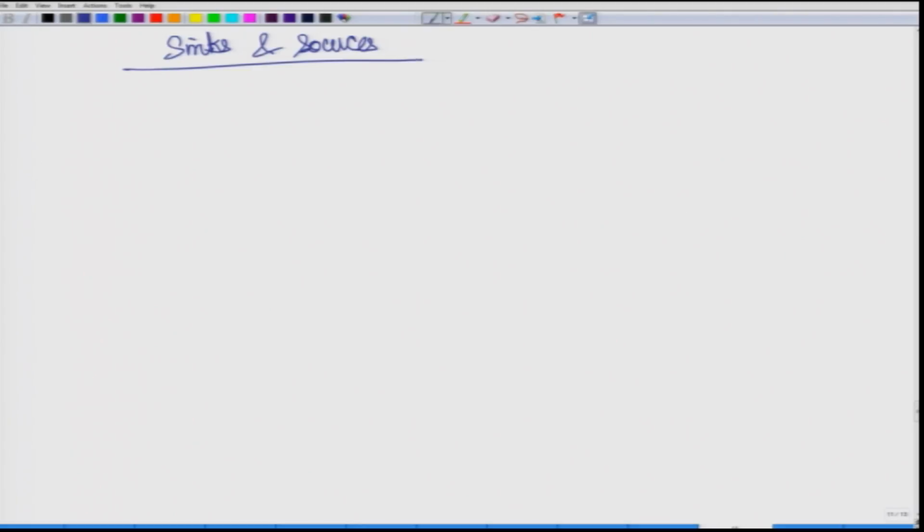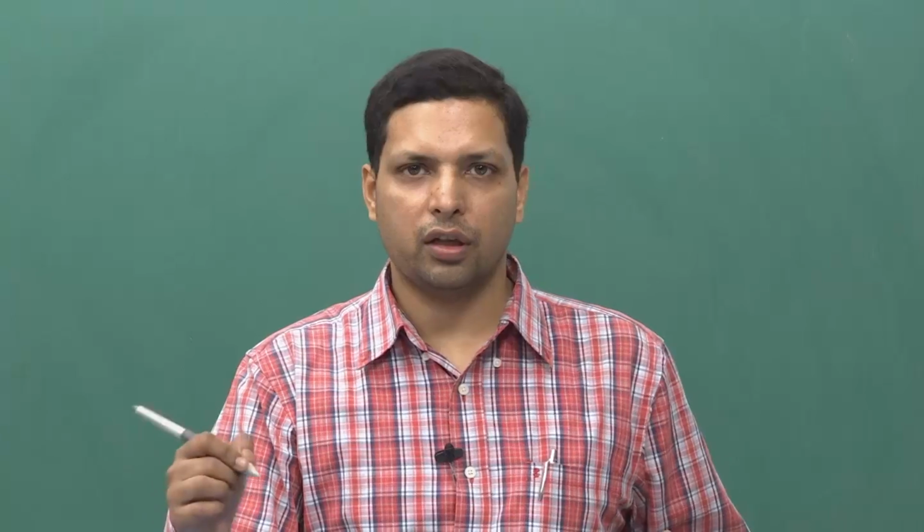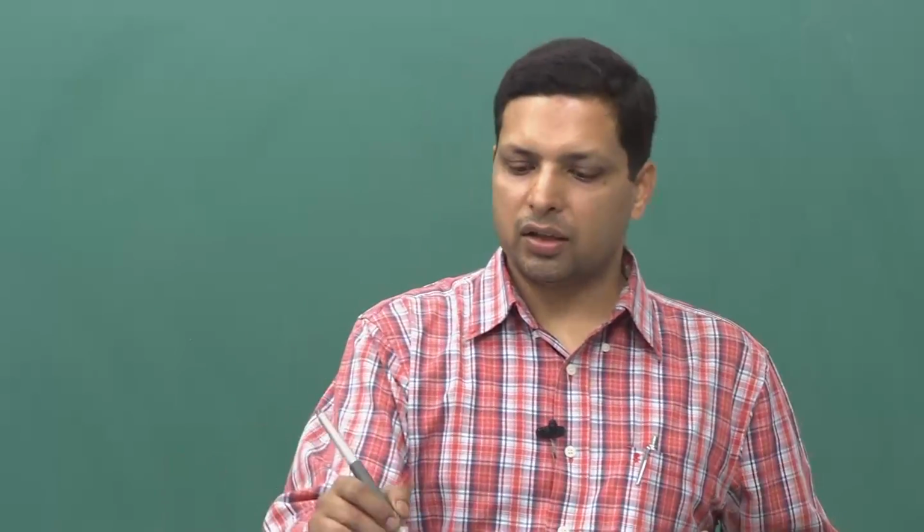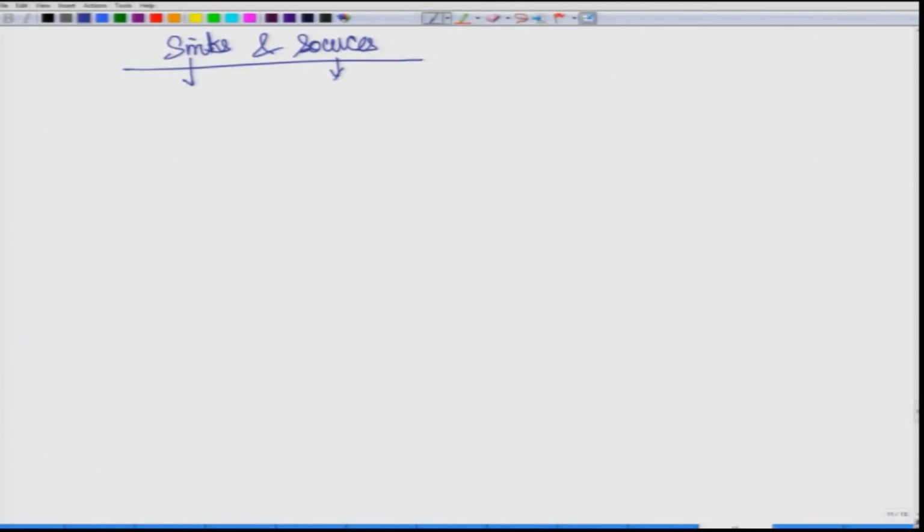Now coming to the point that I talked about earlier, sinks and sources. Inside a material, we are talking about increasing the vacancy concentration with increasing temperature, or reducing the vacancy concentration with reducing temperature. So, where do they appear from, where do they disappear? The places where they appear from are called sources, and the places where they disappear are called sinks. Now, you may think these are some strange phenomena, but it is not like that, nor some very out of the world features.